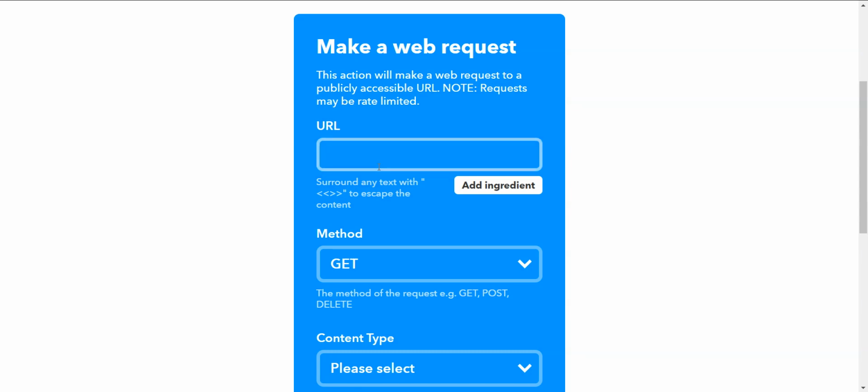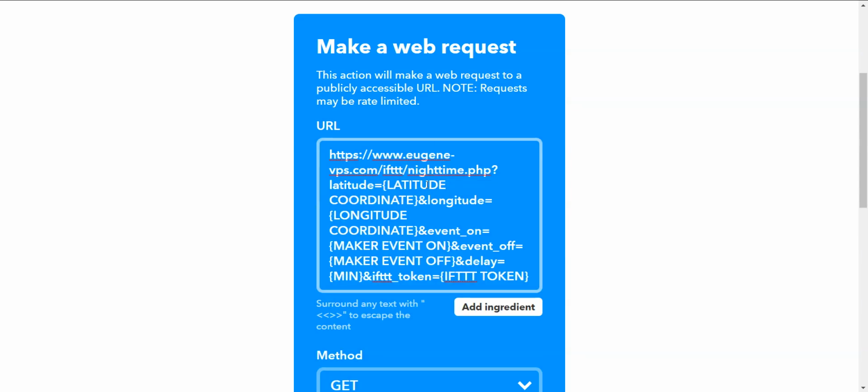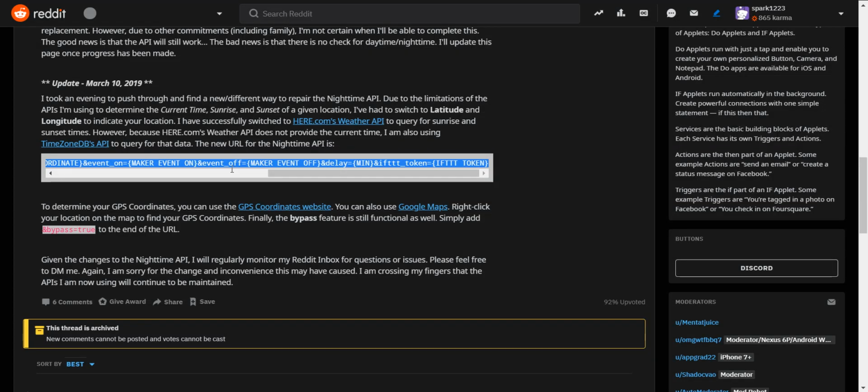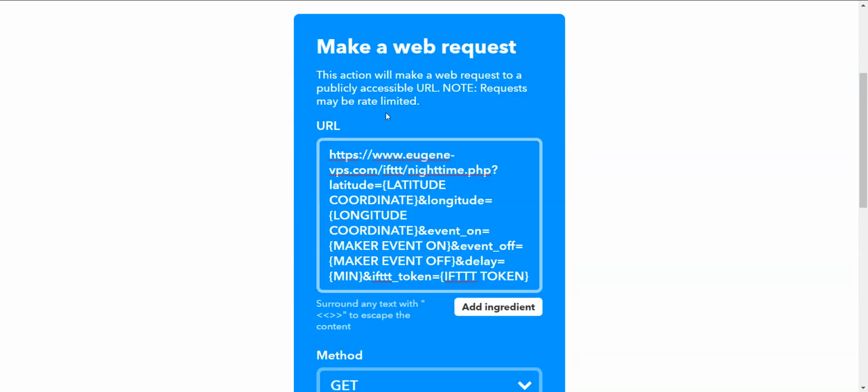and you're going to paste that in the URL section. Now, a couple things you're going to need to do is get GPS coordinates, and you can do that from this website. I'm not going to click it because it's going to show my GPS coordinates, and obviously I don't want to show those publicly. So you're going to fill that out,